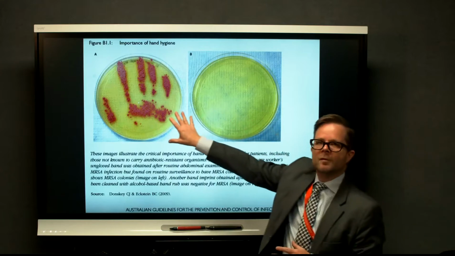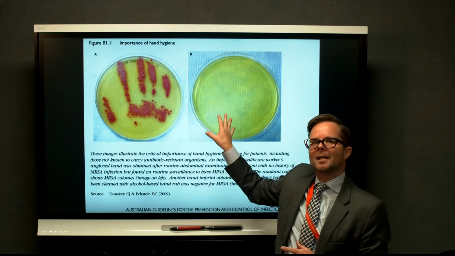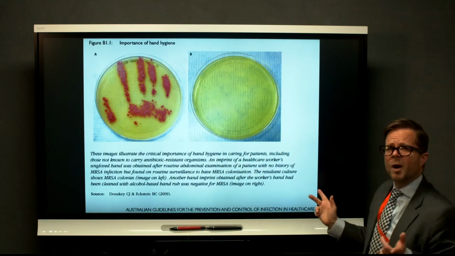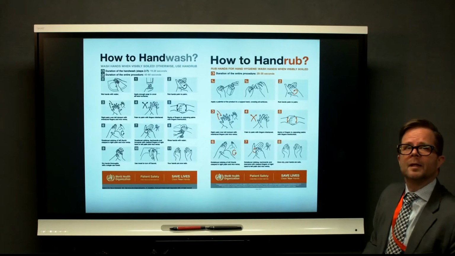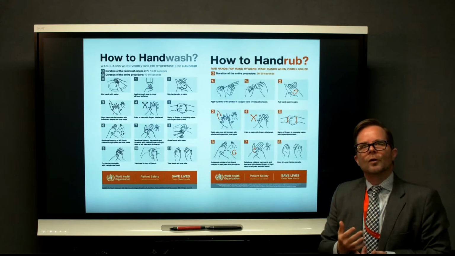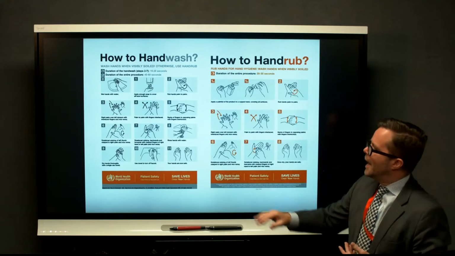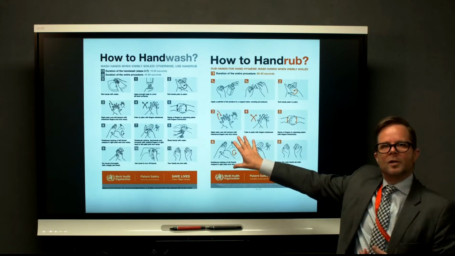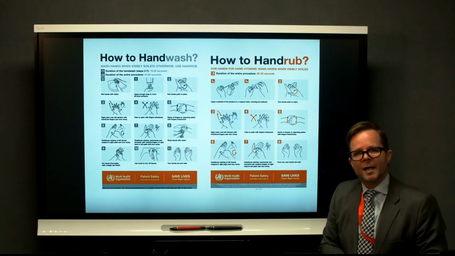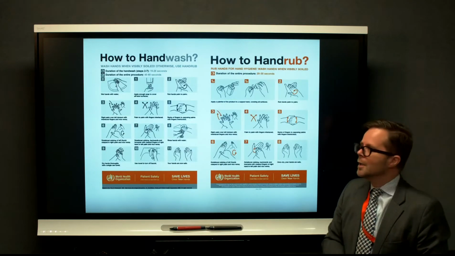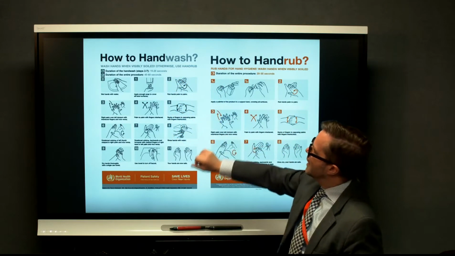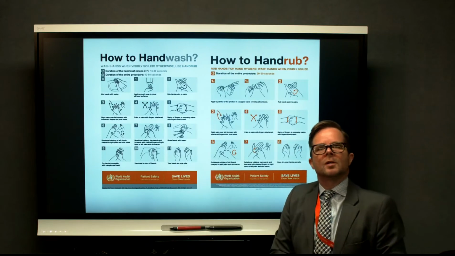So this is the difference between hand cleaning effectively and not hand cleaning effectively. It's quite dramatic, isn't it? Now, as I said before, we're actually going to have to learn how to hand wash. And these downloadable documents are available on LMS, and I want you to study them, and I want you to practice your hand washing. So you will see if you're washing with soap and water, there are 11 steps to